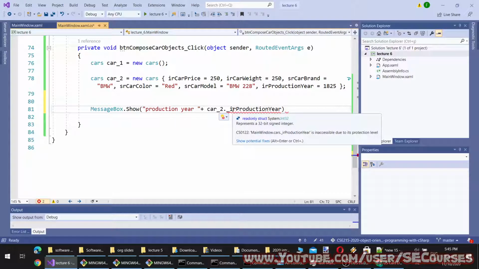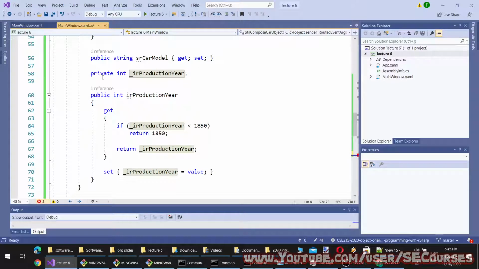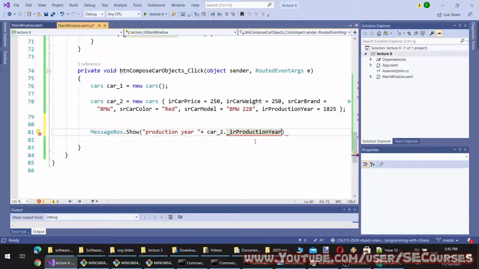It will give me an error. It says it's inaccessible due to its protection level. Its protection level is private. If I make it public or protected, I can access it. However, that is not what I want. So the production year is accessible this way.